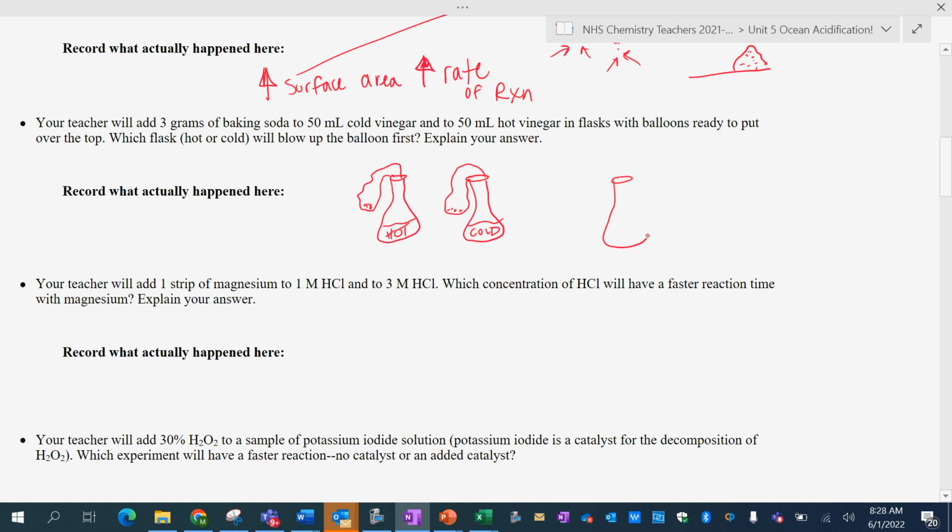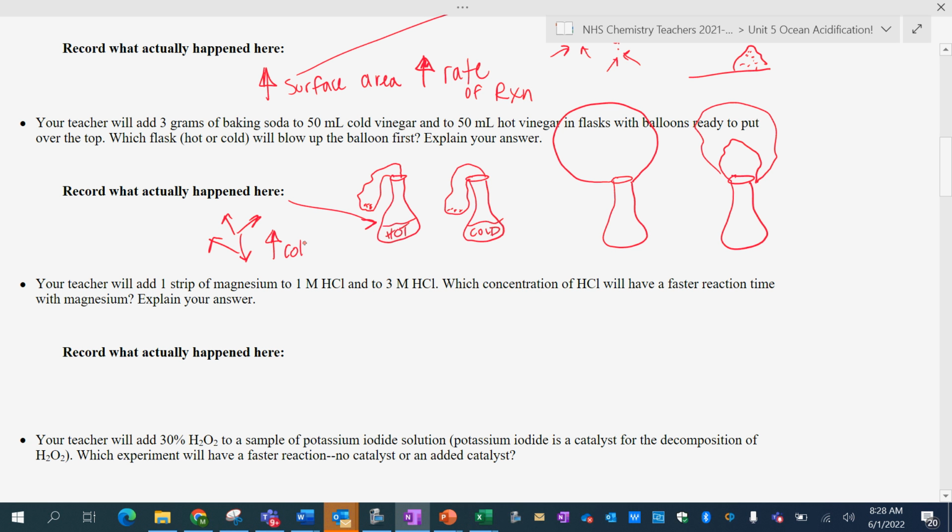After we put the baking soda in, the hot balloon blew up very quickly, and the cold balloon took a while to blow up, and eventually it did, but it took much, much longer. The reason why is that in the hot vinegar, the particles are moving really, really fast, and so there's an increased number of collisions